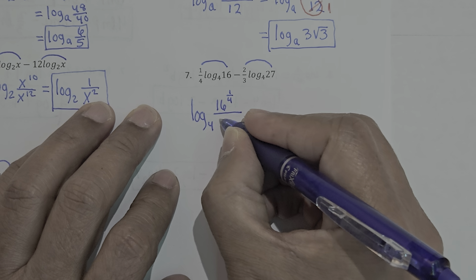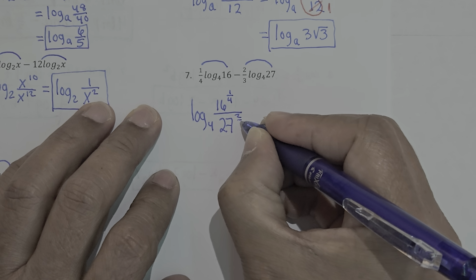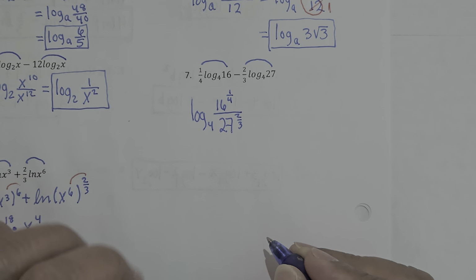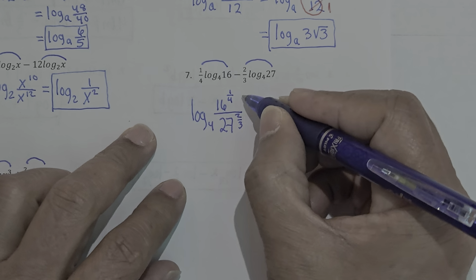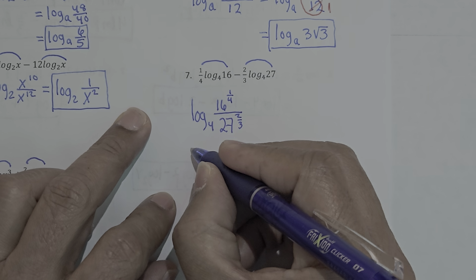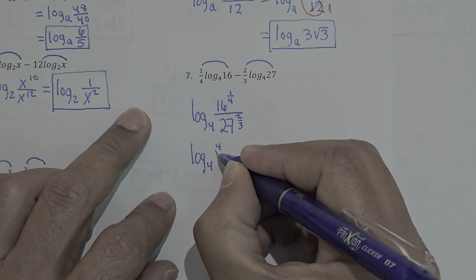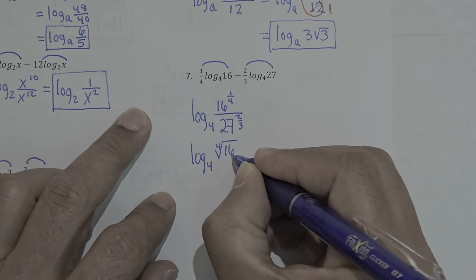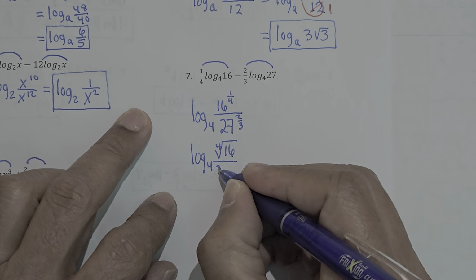So we have 27 to the 2/3 power. Okay, so what I'm going to do next is I'm going to convert this to radical form. So this is the 4th root. So log base 4 of the 4th root of the number 16 over, this is the cube root. So cube root of